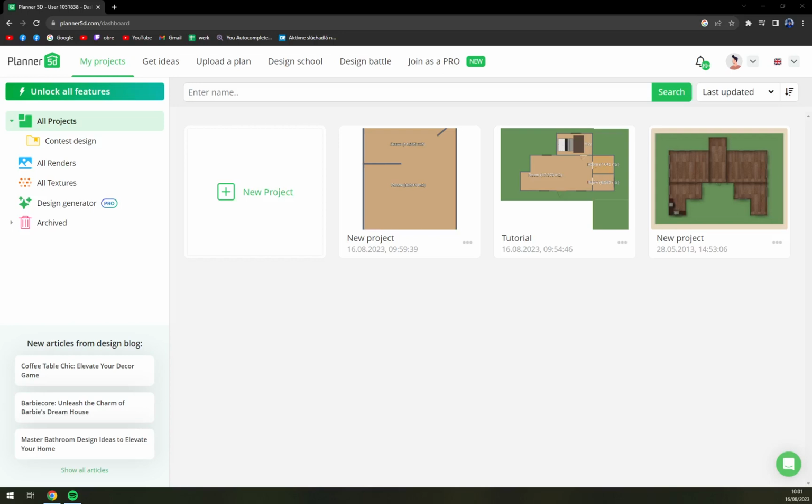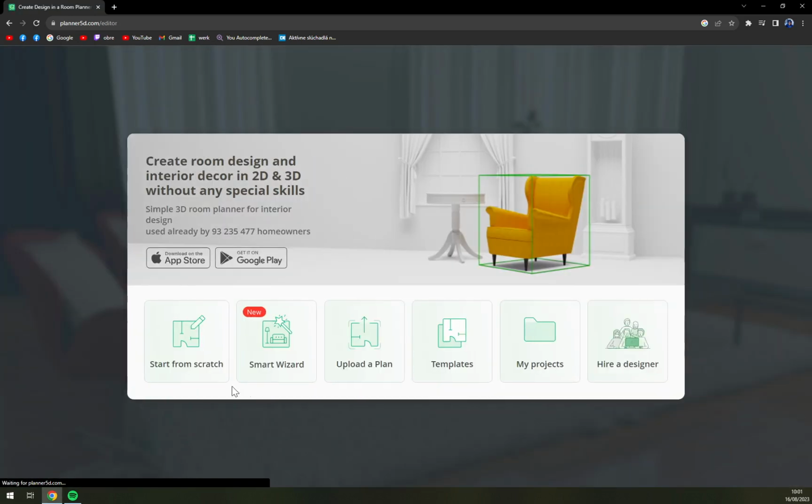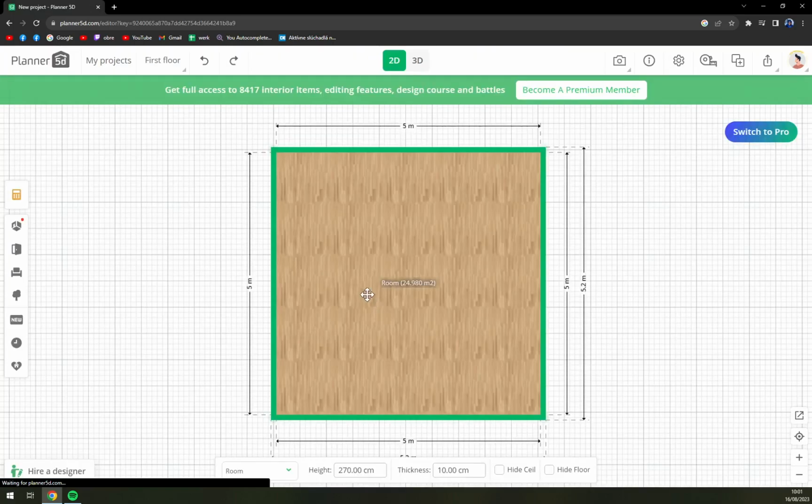Hello guys, my name is Matthew, and in today's video we are going to create a wall, or create the dimensions, in Planner5d. So we are going to start with a new project, and I'm going to quickly show you